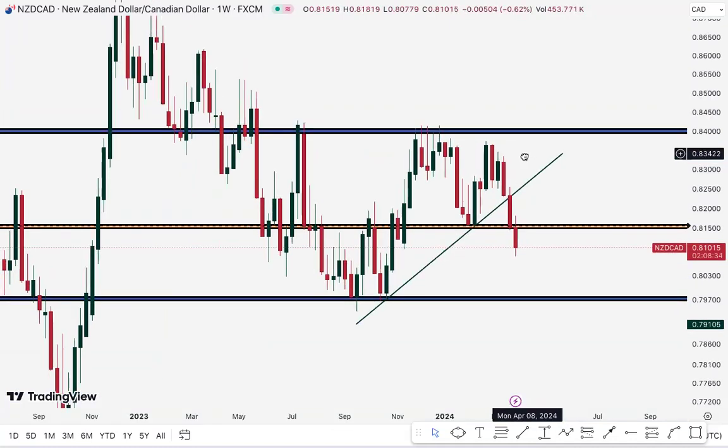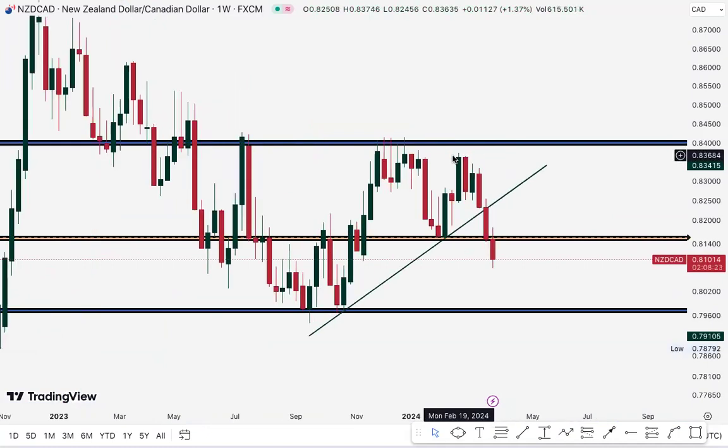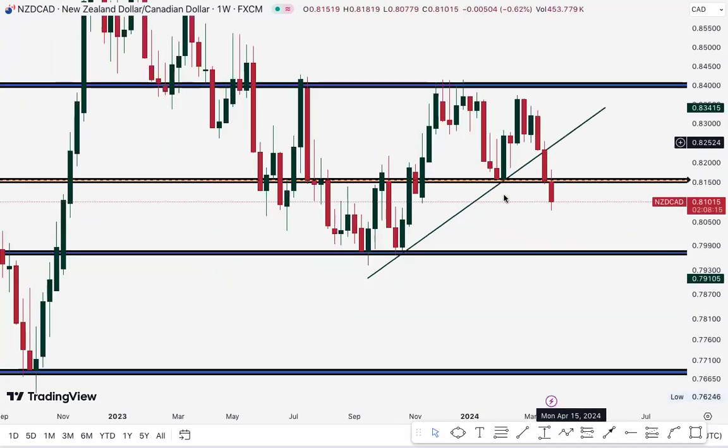However, if this market was going to rally to the upside, it would have actually cleared this supply level and pushed back. However, that didn't happen. Instead, we came to put a lower high, because this is technically a lower high from this high, and then we did not only put a lower high, but we came in to break the ascending trend line, and then we actually broke below the demand level, this weekly demand level, and this is a weekly candle that is about